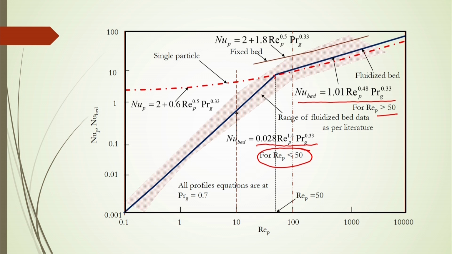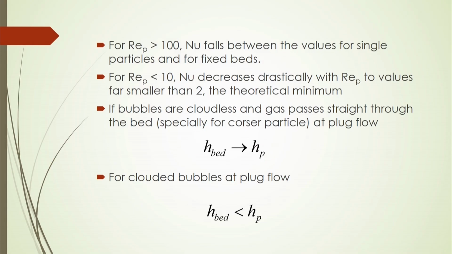So, from this diagram you will know what the flow regime and flow condition will be at which we can get the higher heat transfer coefficient in a fluidized bed. And for Reynolds number greater than 100, the Nusselt number falls between the values of single particles and for fixed bed that we have discussed, and for Reynolds number less than 10,